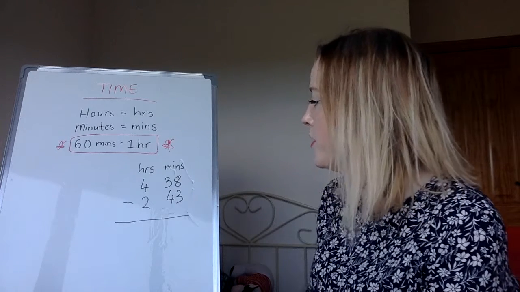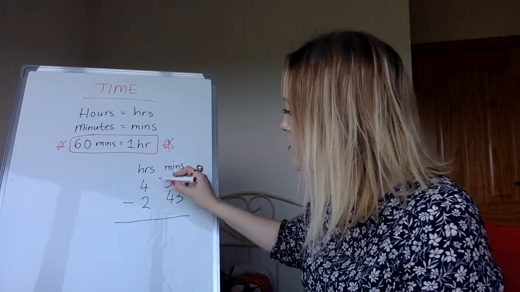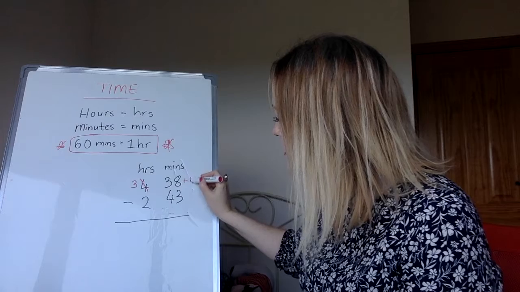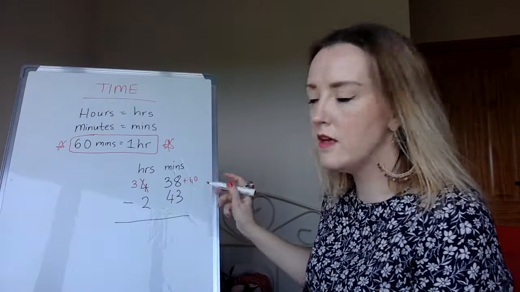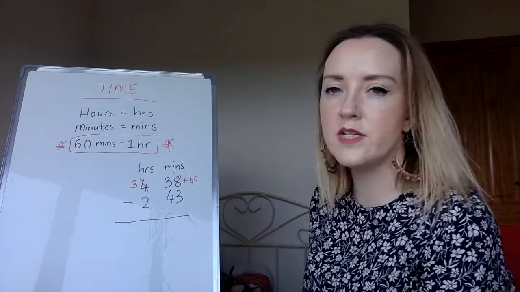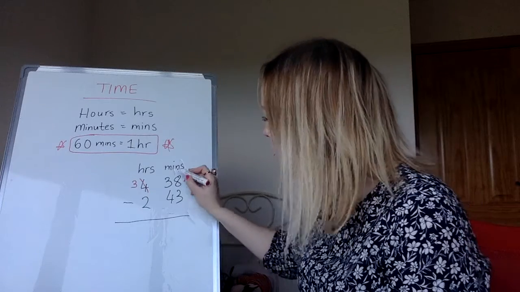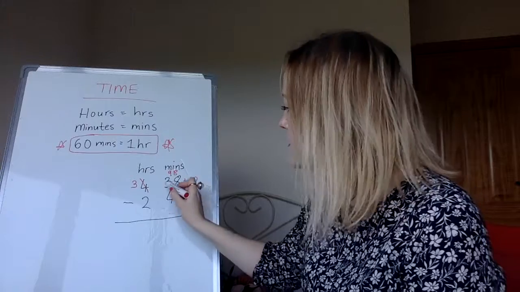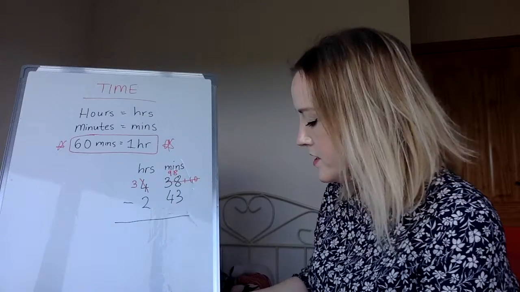So if I'm borrowing 1 hour, this is going to be 3. And I'm going to take 60 minutes here. Plus 60. So 60 plus 38 is, very good, it's going to be 98. Can you see it up there? It's going to be 98. So now my sum is